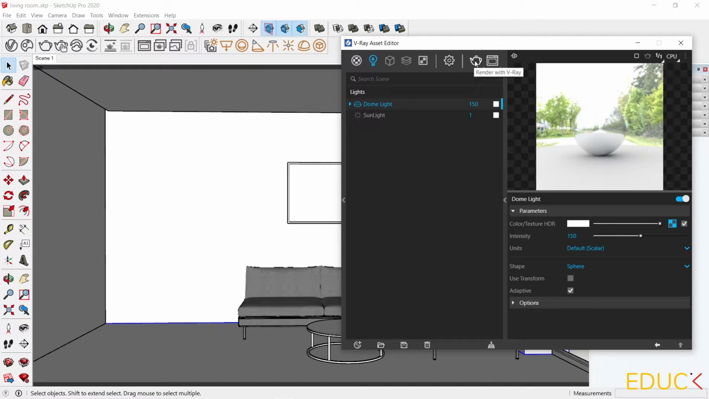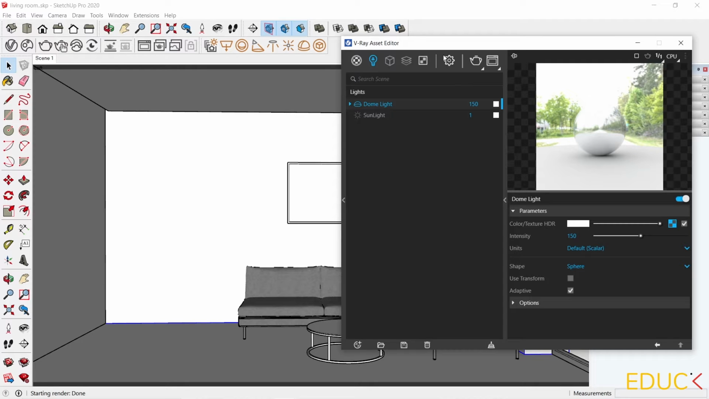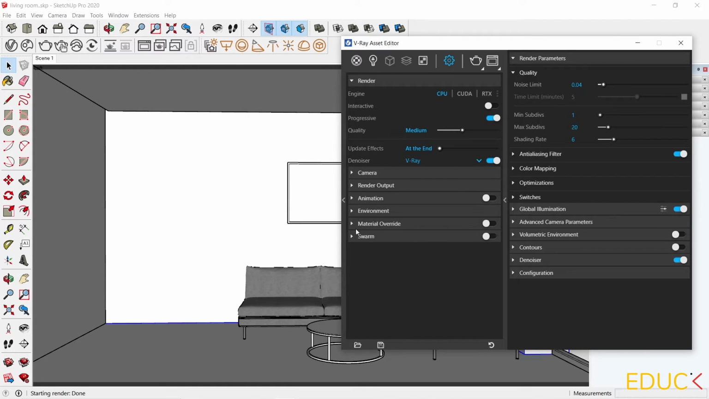I render. Our scene is created, and as we can see, the interior is very bright. It's too bright. This is because we haven't created any V-Ray material yet. We have only SketchUp materials in the scene. That's why we need to go to the Asset Editor, to the Render Settings, and turn on Material Override. I expand this tab. I turn on this option, and now every single model will be covered with white V-Ray